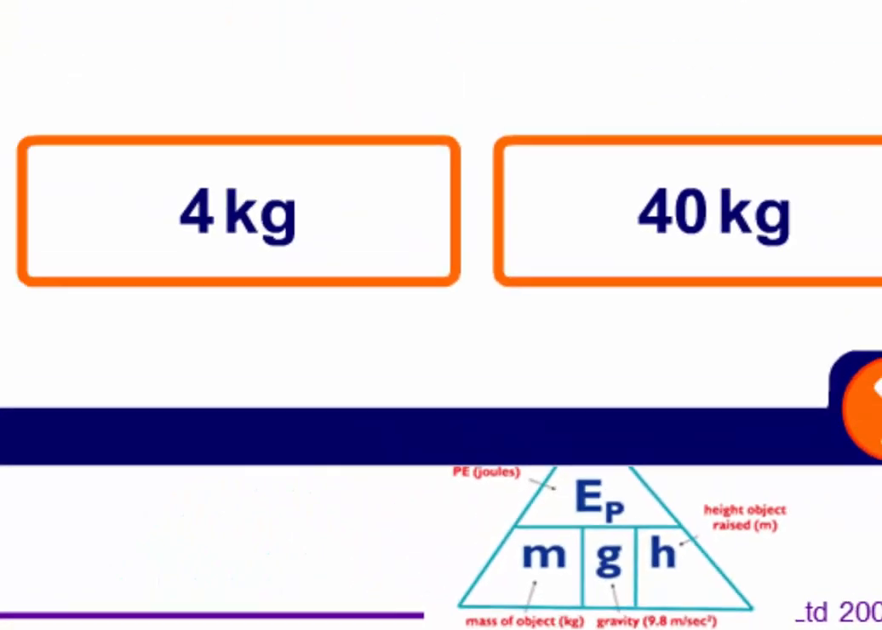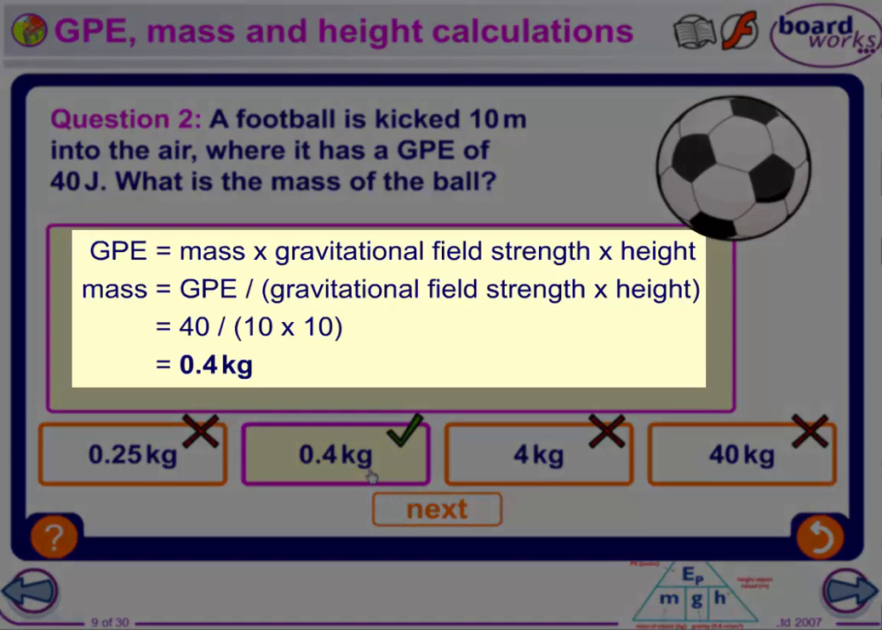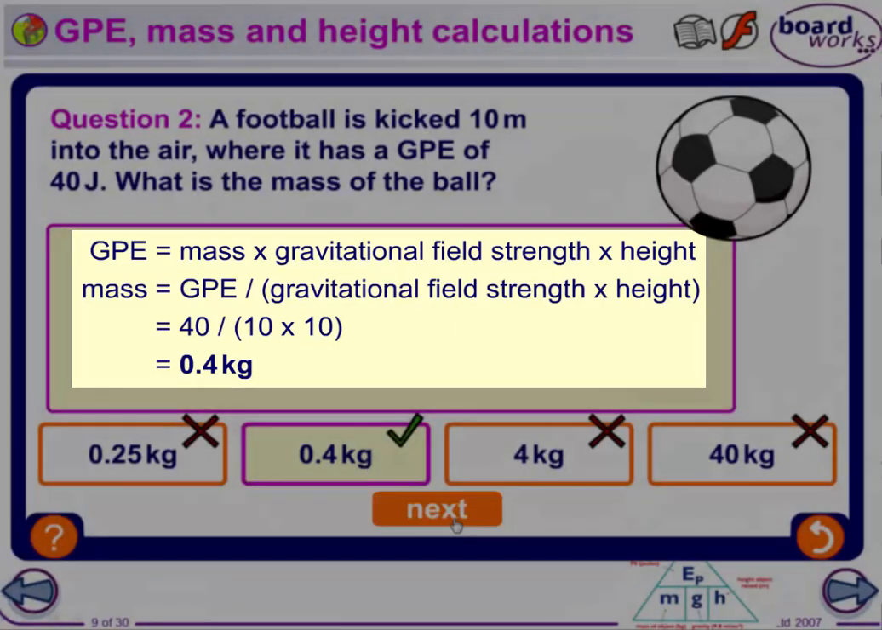What is the answer? 0.25 kilograms? No. 4 kilograms? No. 40 kilograms? No. 0.4 kilograms is equal to GPE 40 divided by 10 times 10, which is 0.4. Next,